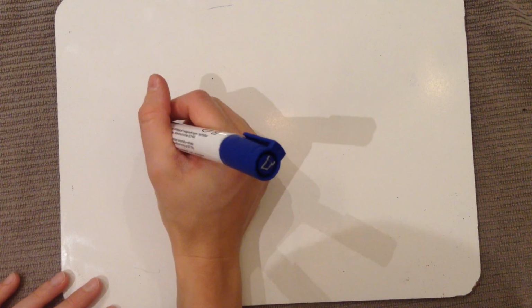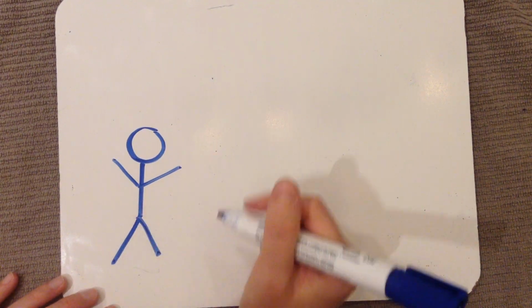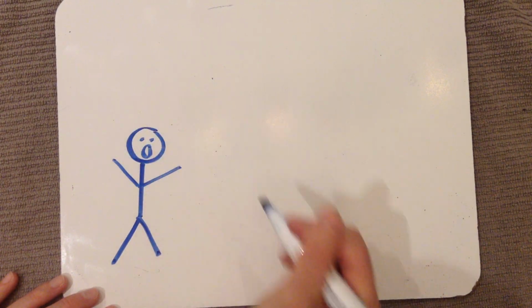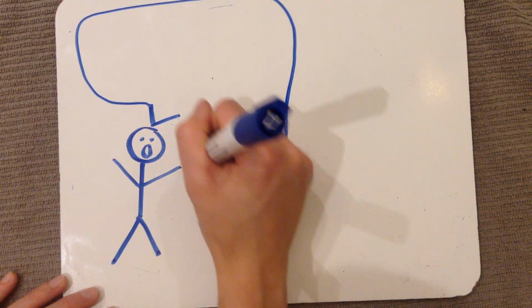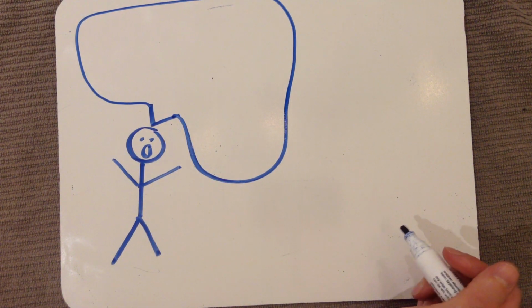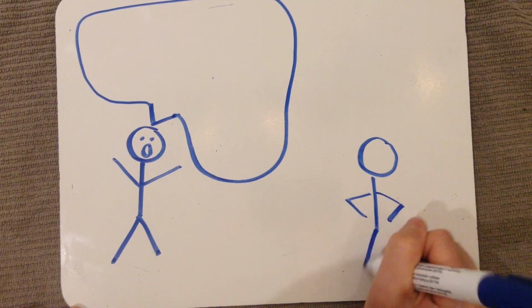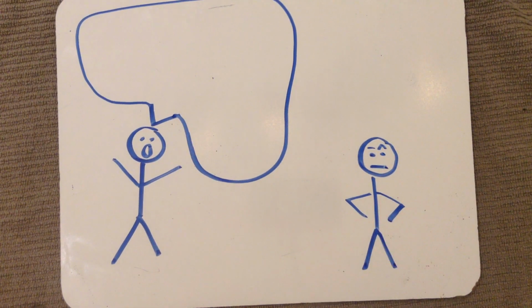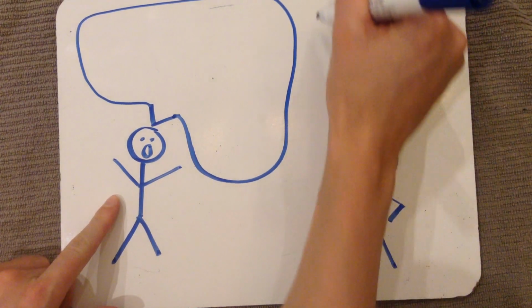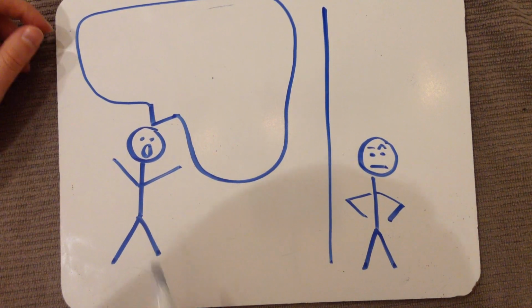This time there are 2 characters in the cartoon. Here's Bob. He's got lots to share and wants to make all sorts of statements. We'll give him a big speaking bubble. And over here is Bill. Bill's doing a great job listening, but he doesn't exactly get to talk much because Bob just keeps making statements. It's almost as if Bob is talking to a wall. I'll show you what I mean. Here are the words coming out of Bob's mouth.